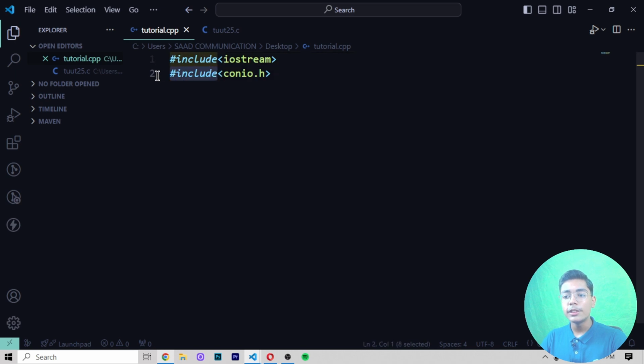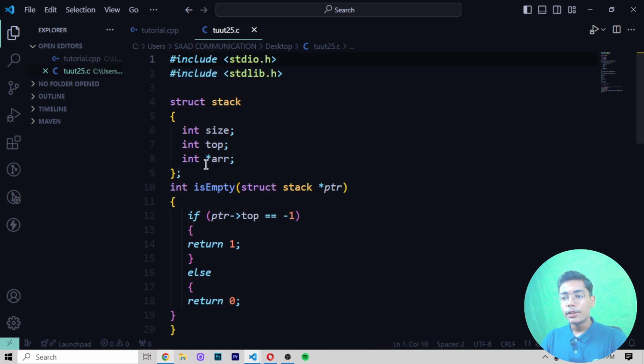But if you're not using this conio.h at the start with this include hashtag, then this conio.h helps us to import the data from other files. It will not copy the data, it will import the data if you are not using conio.h with this include hashtag. So this is the difference between them. But if we are using all these things here, it will work in a different way.